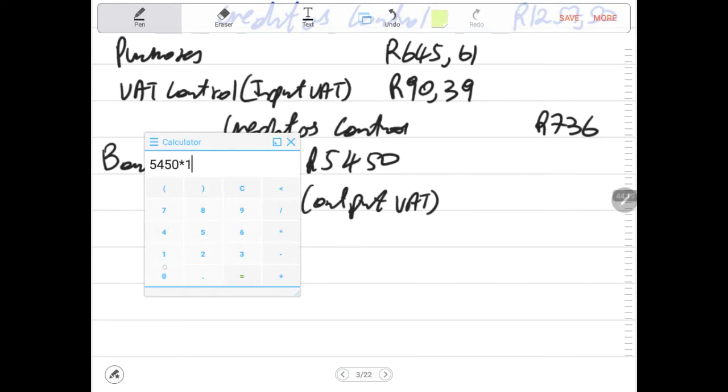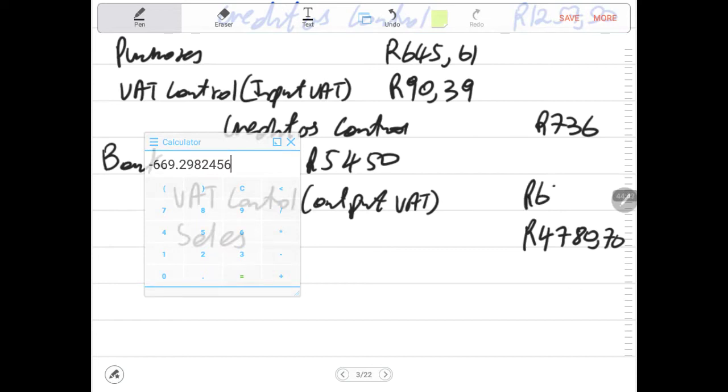5,450 by 100 over 114. What do we get? We get the amount of sales as 4,780.70. Minus 5,450, we get 669.30 as our output VAT. 669.30. So now this is our